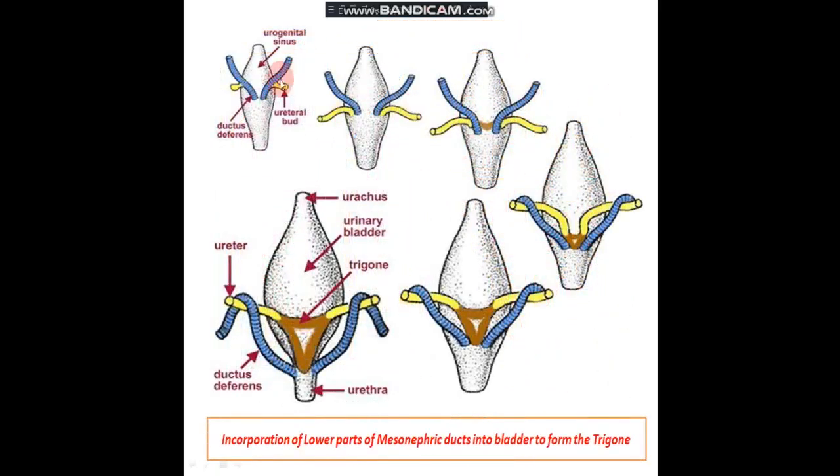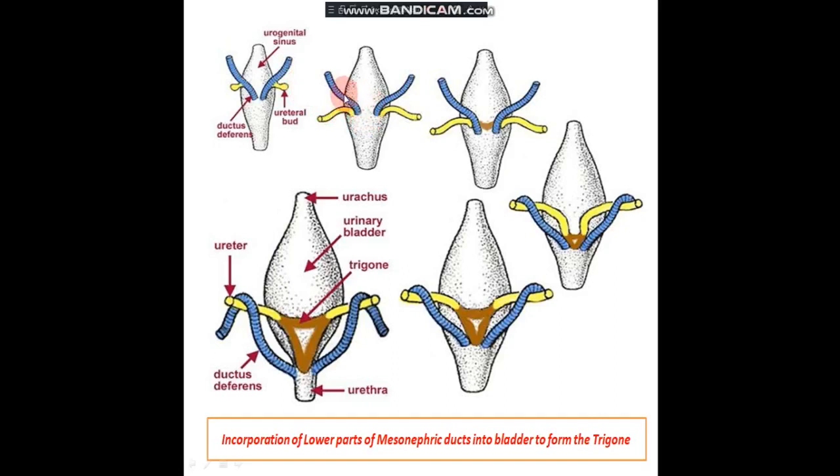Let us see the further development of the urinary bladder. The urinary bladder develops from the anterior part of the cloaca, which now forms the urogenital sinus after the formation of the urorectal septum. Into this part of the urogenital sinus enter the mesonephric ductus. From the mesonephric ductus arises a diverticulum, which is now known as the urethral bud. Now this urethral bud goes towards the metanephric blastema, or the metanephros. Later on, further development occurs.